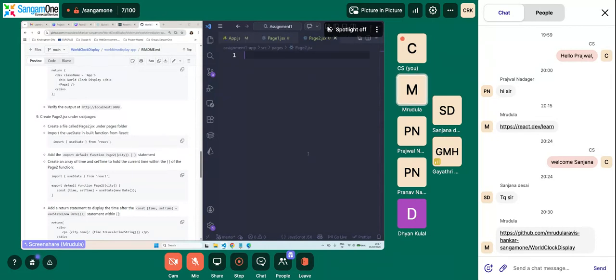So the first thing is, as I told you, use state is used to store the information, correct? So we are going to import use state from React. It is already inbuilt. Okay. Then we are going to add the export function, because without export, we will not be able to use any of the logic of page2. Okay. So export